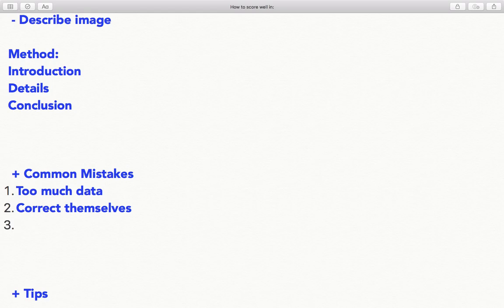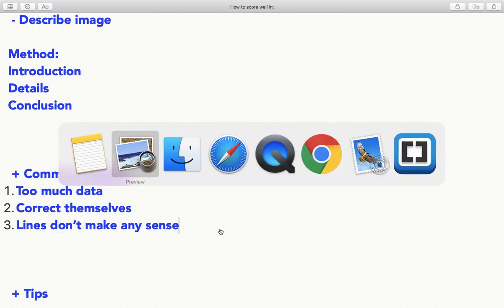The third mistake, now this is not that common, but it's still something that I can see in a significant number of students. They speak lines which don't make any sense. Their lines are just simply lines. They do not make any sense. To give you an example,